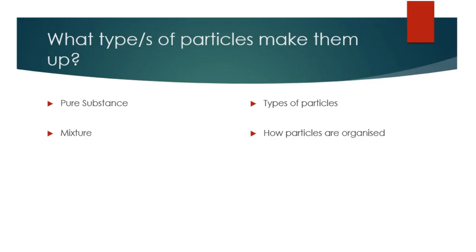So the very first thing you have to think of is whether or not you're dealing with a pure substance or a mixture. In real life, most of the time, we're actually dealing with mixtures, not pure substances. So that always makes it a little bit more difficult, but it also means that we're able to get that mixture. Think of it as a recipe, and each recipe is unique. And because of that, if we can figure out the recipe of that mixture, the proportion of all of the different ingredients, then we can actually narrow down where that mixture came from,